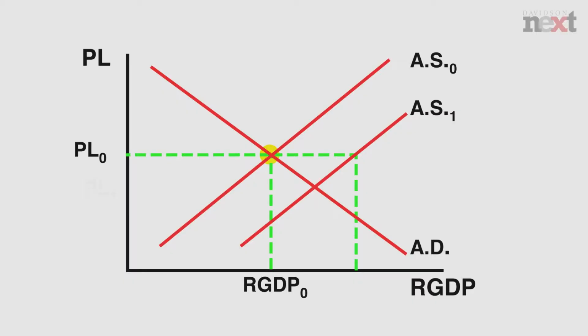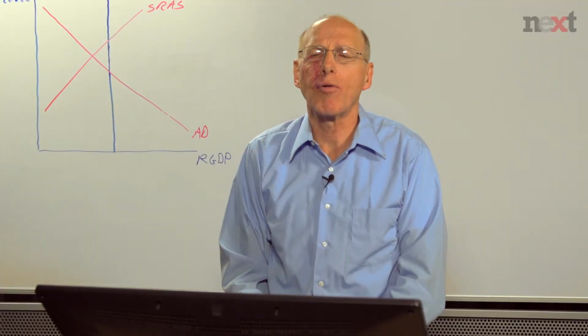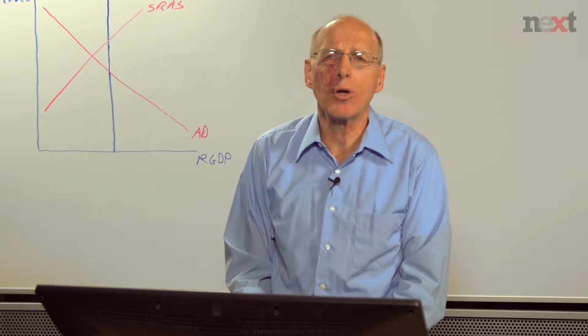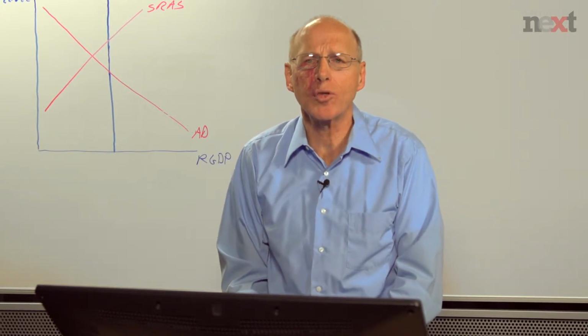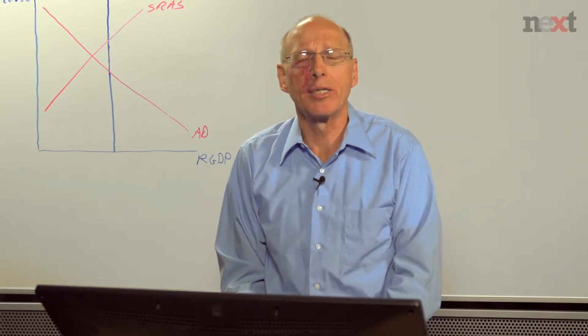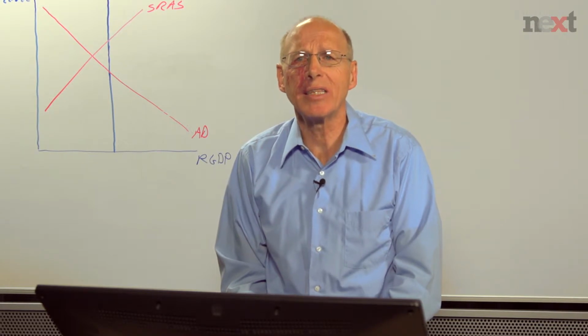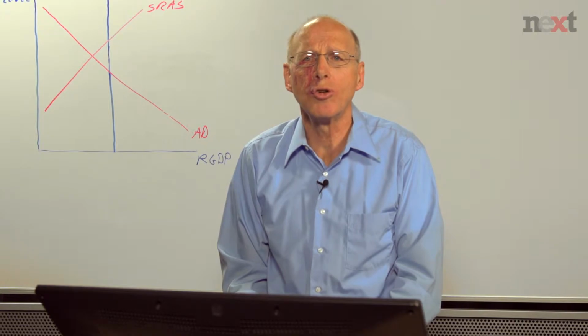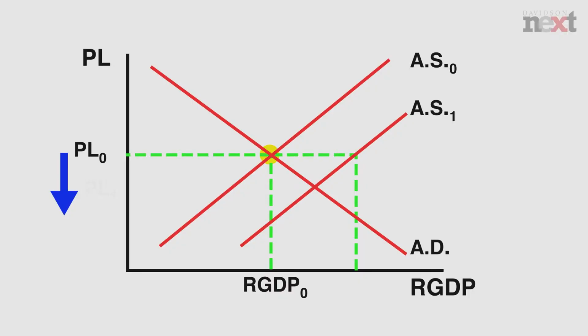And that unintended increase in inventories is going to put downward pressure on the general price level. And so the general price level is going to start to fall. And as that price level falls, because businesses' production costs are sticky, it's going to cause a fall in profits for those businesses. And decreasing profits for the businesses mean they have less incentive to produce output. And so businesses start to reduce their production, and we start moving down and to the left along our aggregate